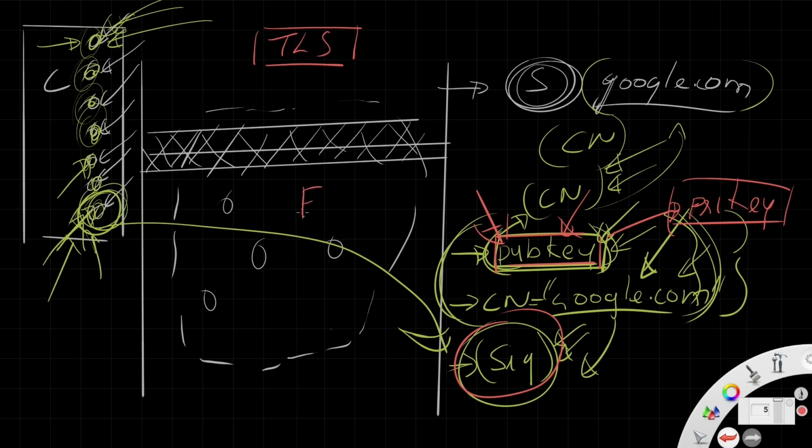google.com. So there is an Eve here. Eve is saying that Eve is google.com. Eve has a lot of problems. First of all, Eve cannot get a certificate from one of these trusted entities for google.com. Why? Because these trusted entities have a verification mechanism to make sure that only google.com has